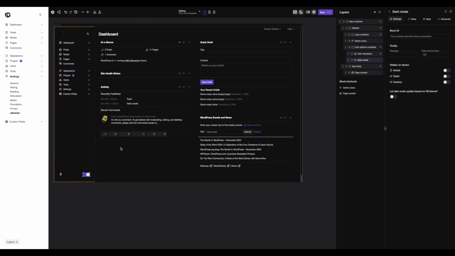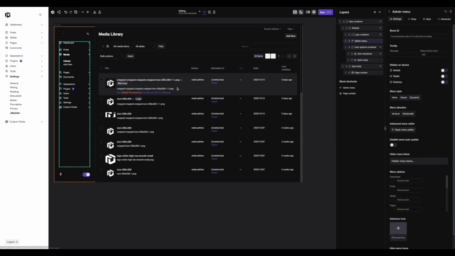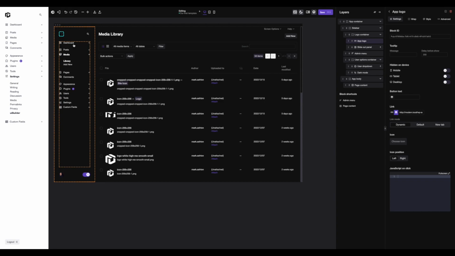Cool, so let's just have a look at it in dark mode right now. Everything is automatically updated, looks great. The one thing we do need to add is the app logo. We just need to add an option for when it's in dark mode. So if we come into the app logo settings and into style here,